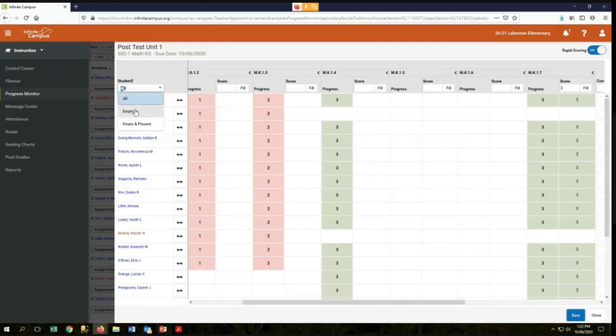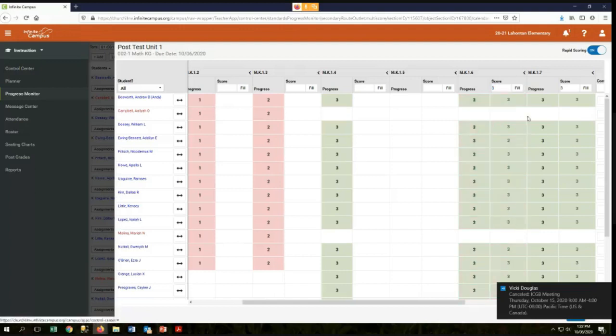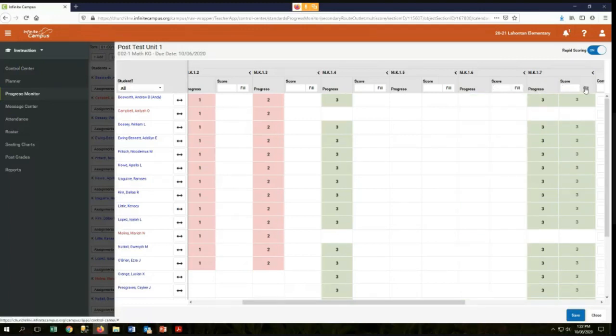If I change this drop down to empty, if I go here to a box and I fill and they're empty, they're going to fill. But once they're filled and I have this selected to empty, if I want to change that again and I hit fill, it is not going to fill these. If I want to override these and they already have a score in them, I have to change this to all before it will override it and fill. Okay, but I wanted to get rid of all of these,